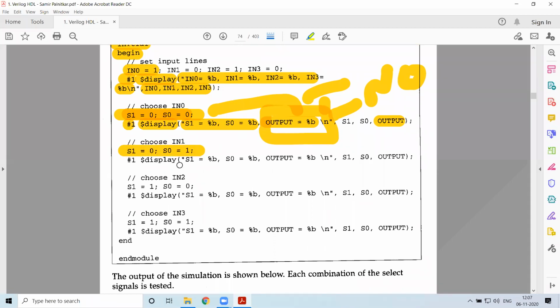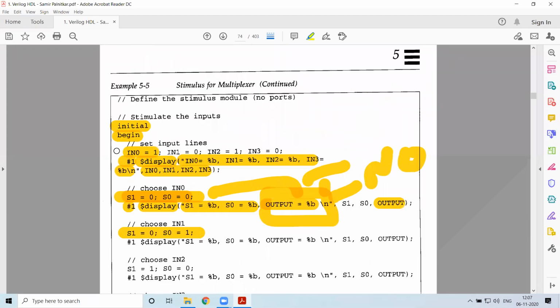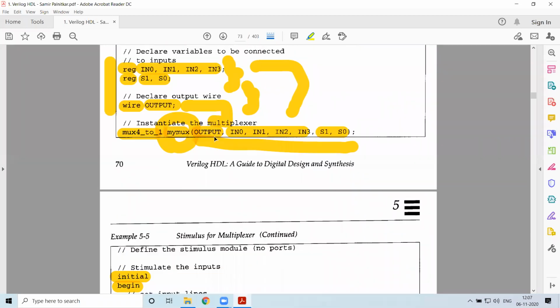I'll make it 0, 1. Once I change the select lines, the instance that we have declared over here goes and makes the changes and obtains the result.